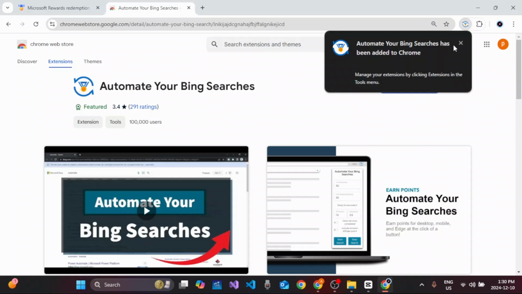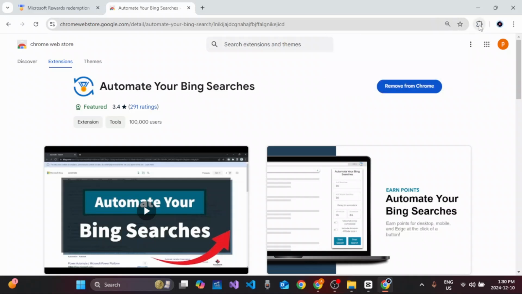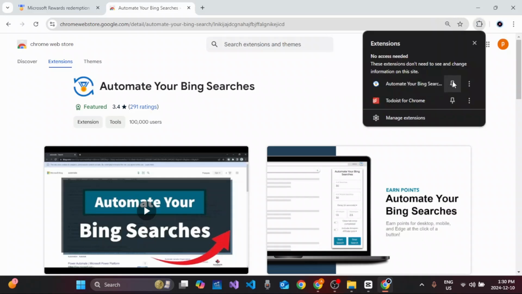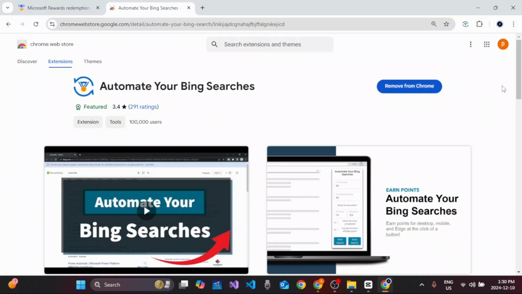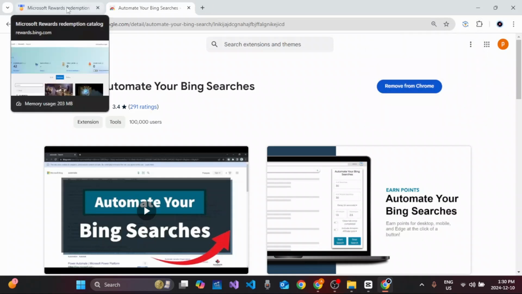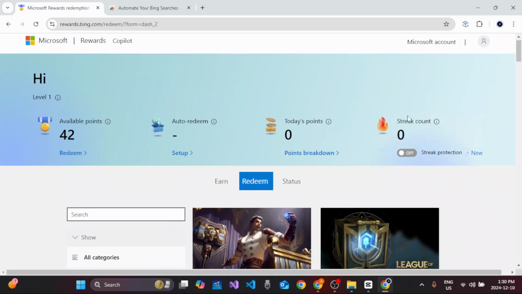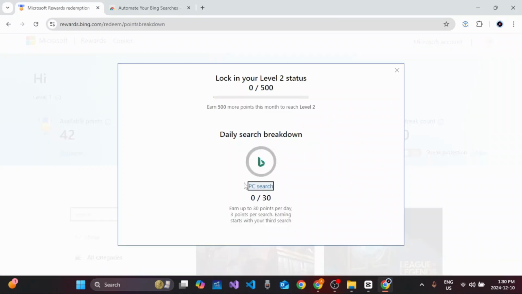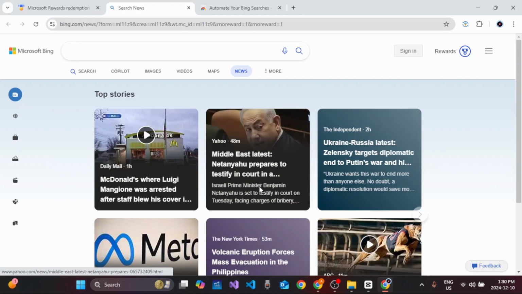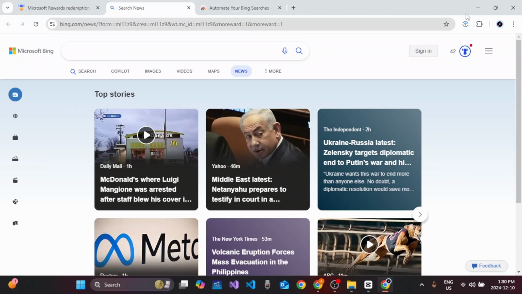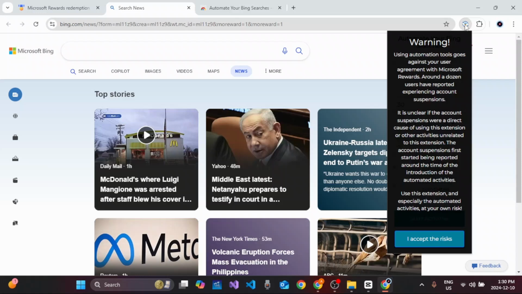Waiting for a while, it will be added and now click on the extension icon at the top right. Click on the pin icon and after that you simply need to go ahead and click on Microsoft Rewards Redemption. And now scroll down. Click on Points Breakdown. Click PC Search. And after that you simply need to click on the Automate Your Bing Searches at the top right